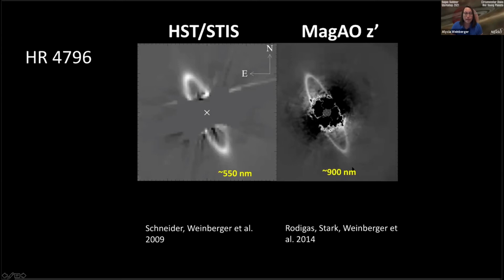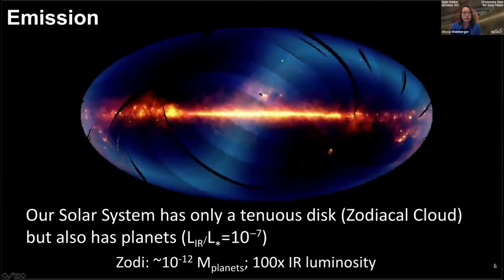So the second main way that we observe disks is through their thermal emission. So here's another image of our sky where you can again see the zodiacal light, the light in our system. Here you see the plane, we're in galactic coordinates, you see the plane of the galaxy. This is dust that's heated by young stars mainly. And here you see the dust along the ecliptic, the dust in our solar system. And the wavelengths are color coded here. So blue means emitting primarily at about 12 microns. This is from IRAS in the infrared.